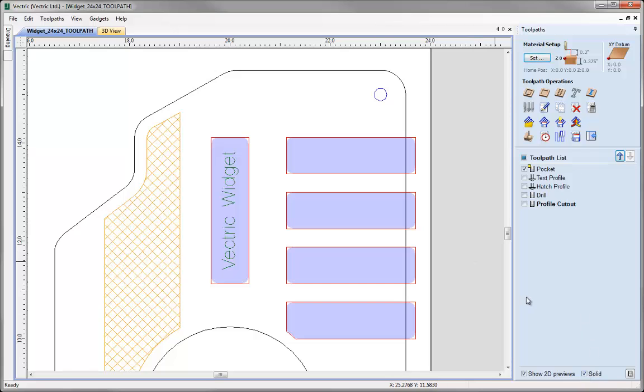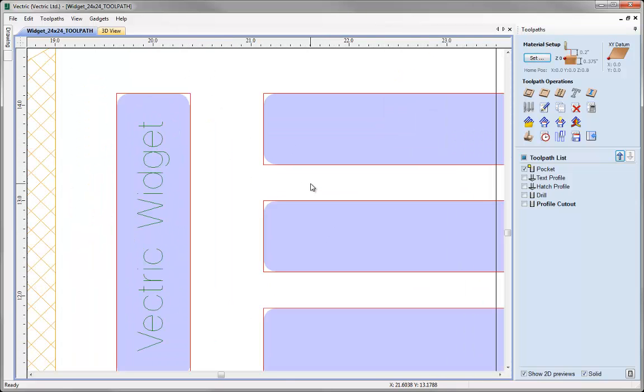If I check that, then what the software is going to do is shade in the area that's being machined and display that as this kind of bluish grey colour that you can see. And if we zoom into the 2D view, you can see how that's showing me with the tool geometry that that particular tool is going to leave radii in the corners of those pockets. And I would expect that,